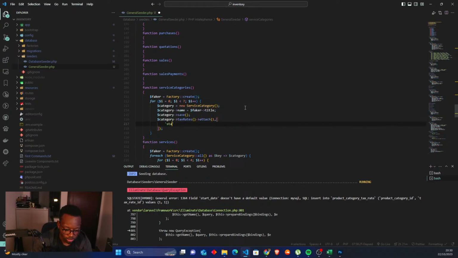So it needs to be start date being equal to